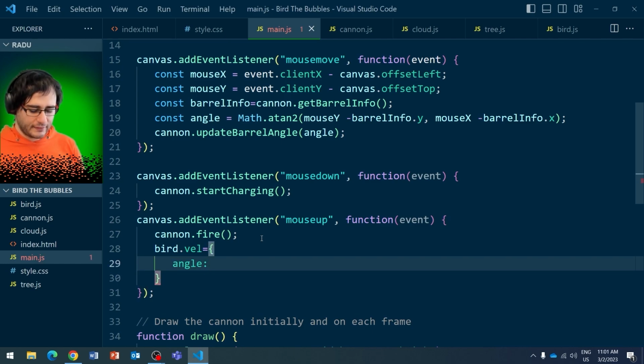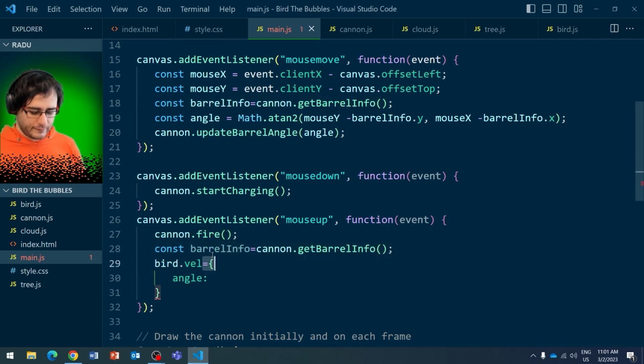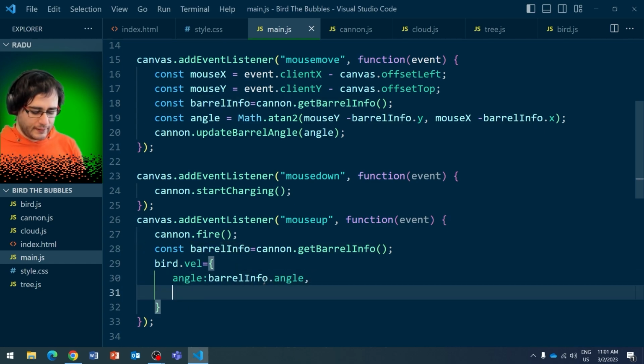Let's give it the cannon barrel info. Okay, this gives us x and y, not angle. I think we had also barrel info dot angle, and the velocity is going to be